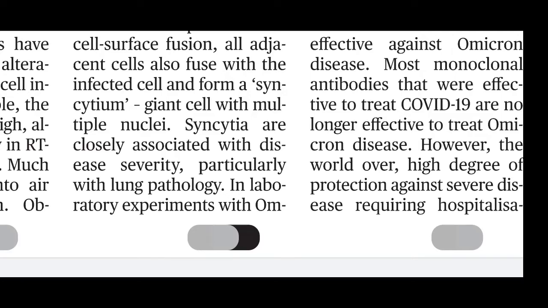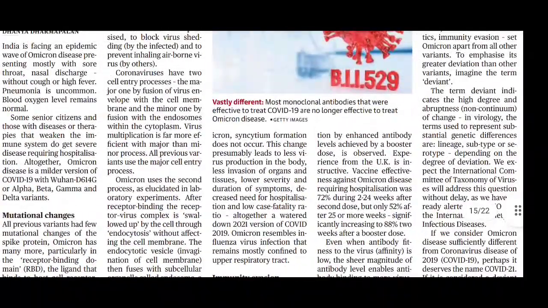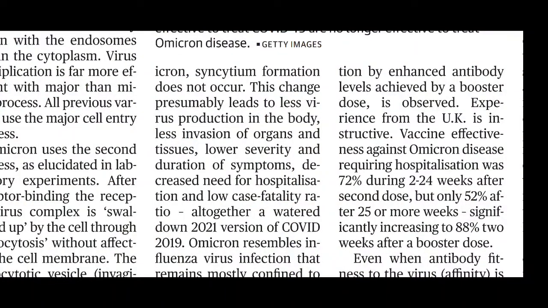Syncytia are closely associated with disease severity, particularly with lung pathology. In laboratory experiments with Omicron, syncytium formation does not occur. This change presumably leads to less virus production in the body, less invasion of organs and